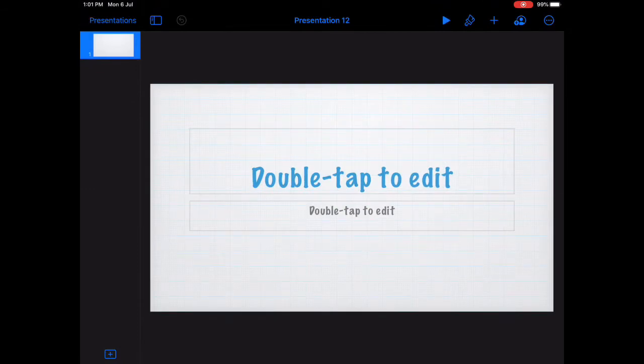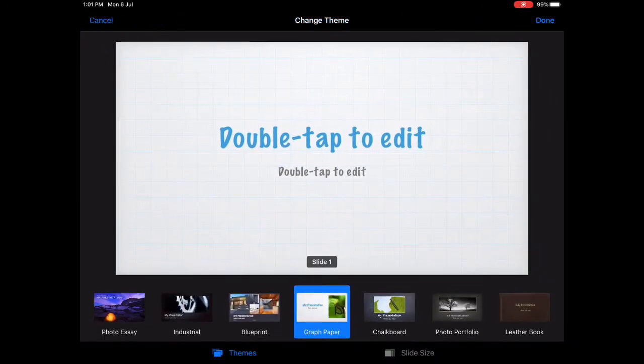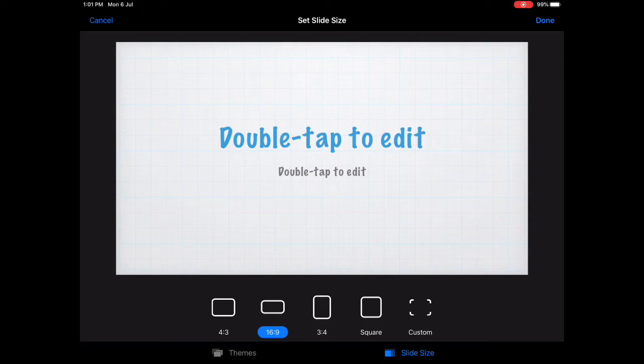Okay, so while doing that, what you have to do is click on document setup. This three button you see, just click on that and you will get document setup. In that document setup you have themes and you have slide size. So just click on the slide size. If you need a planner of presentation type or presentation page like, then you can do this. That is the 16 to 9 configuration.